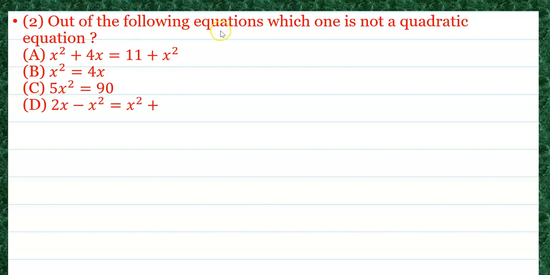Out of the following equations, which one is not a quadratic equation? In the first case, x square on both sides gets cancelled and then you will get 4x is equal to 11. It's clear that A is not a quadratic equation, B is a quadratic equation, C is also a quadratic equation. If we take minus x square to the right hand side, it will become 2x square plus 5 minus 2x is equal to 0. And D is also a quadratic equation. Only A is not a quadratic equation, and that is the answer. Now next,